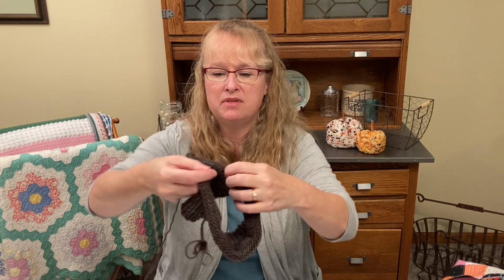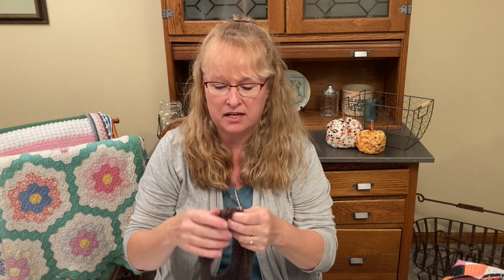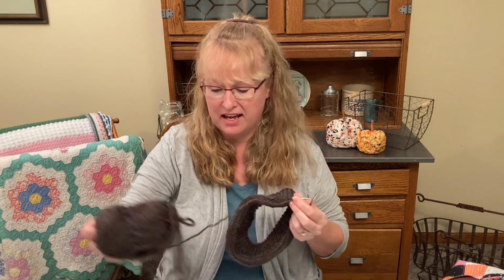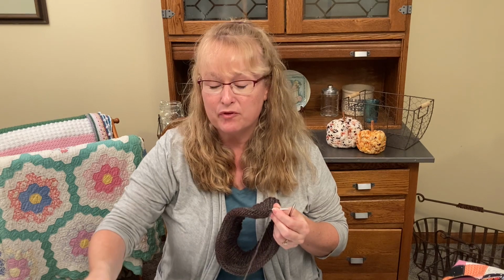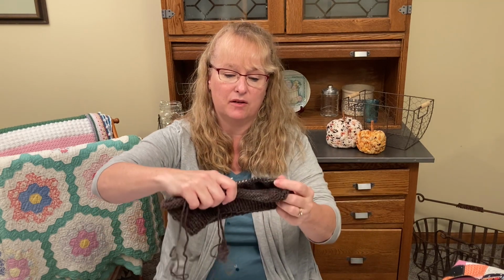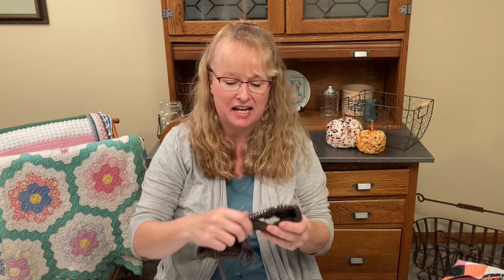The reason I am knitting this hat, a man in our town brought me 2 tubs of yarn that he had from his wife, and so he brought those by, and I thought it might be nice to knit him a hat. So I hope that he will like this hat, and I hope to have a quick turnaround to get this done, because I appreciate him bringing that yarn to me so very much. And it is 2 very large tubs